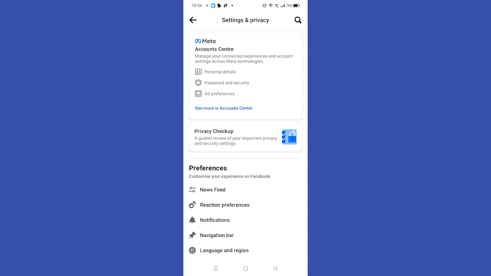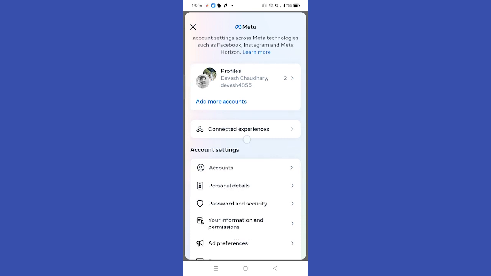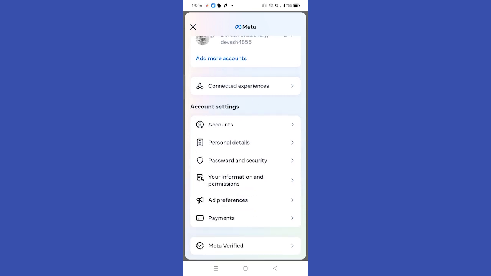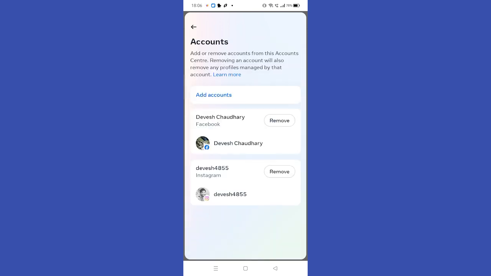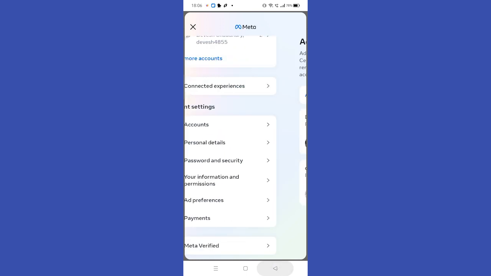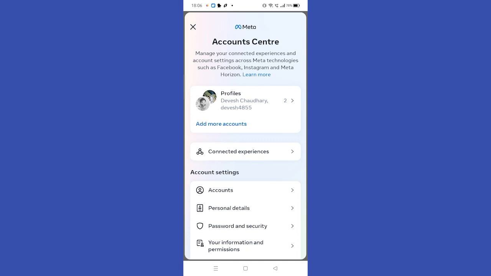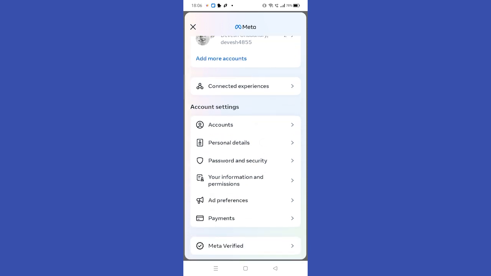Here, click on See More in Account Center and scroll down and select Accounts option. From here, you'll have to choose your account. So choose an account that you're logged in with and you want to delete one. So go to Accounts